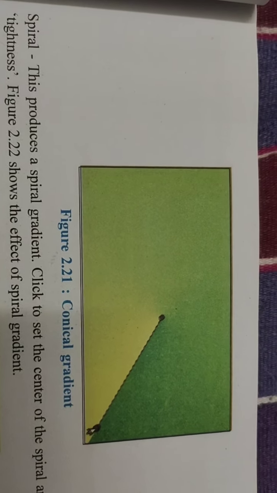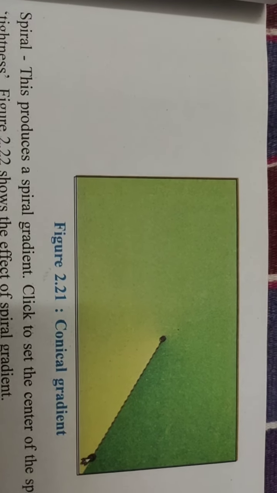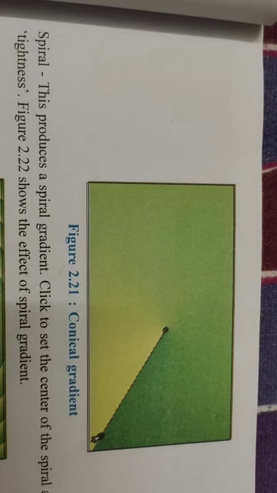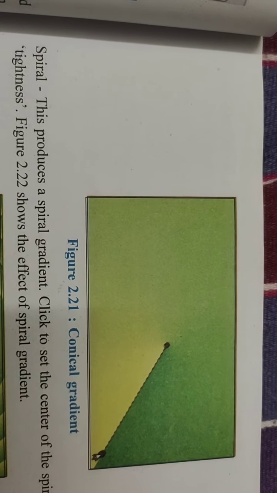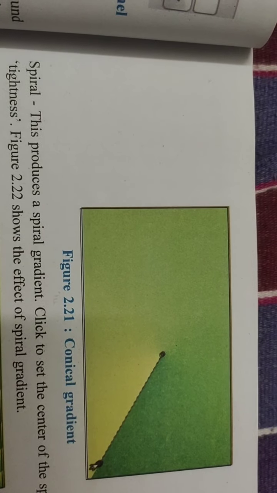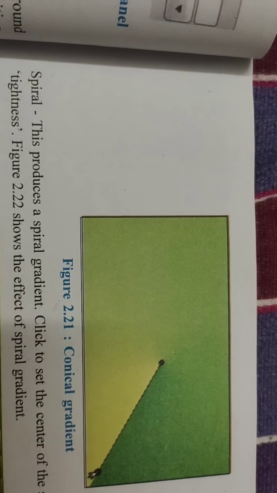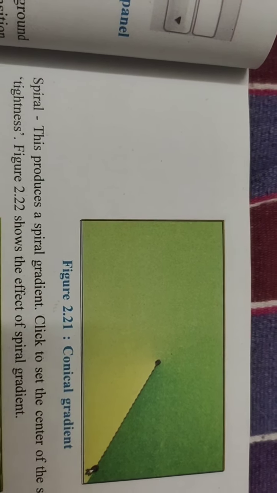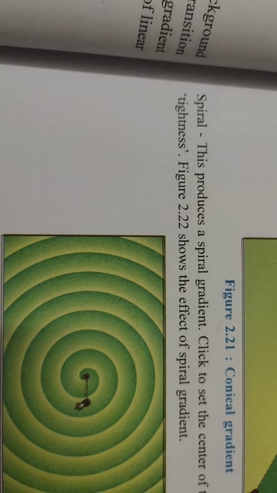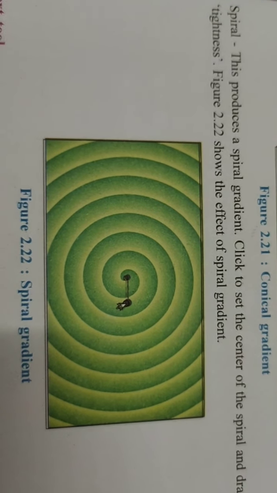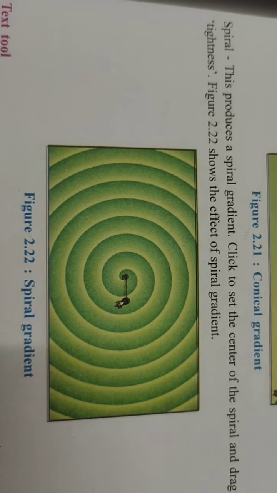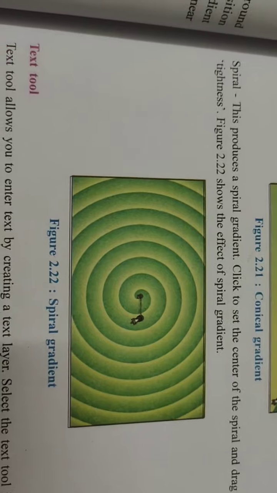Third is the conical gradient. This has the appearance of looking down on the tip of a cone. It shows some color on the downside and a different color on the upper side. That is the tip of the cone. On the cone there is a different color on one surface and another color on the other surface. That is the conical gradient. Another is the spherical gradient. This produces a spherical, circle form, which we can form with the spherical gradient. This type of color is represented by the spherical gradient.